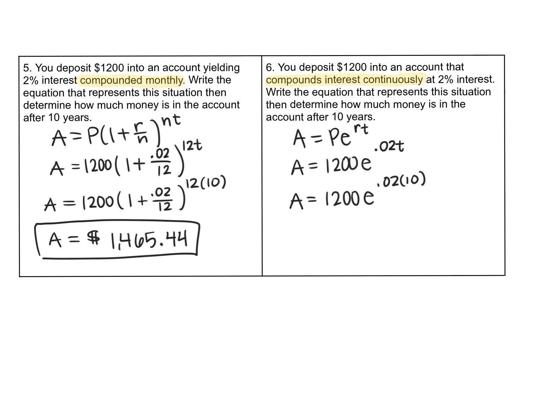Now e is technically a number. There is a button on your calculator that will give you e. So if you need help finding it, just let me know, but e is a number. So I type it into my calculator, and I get my final amount is